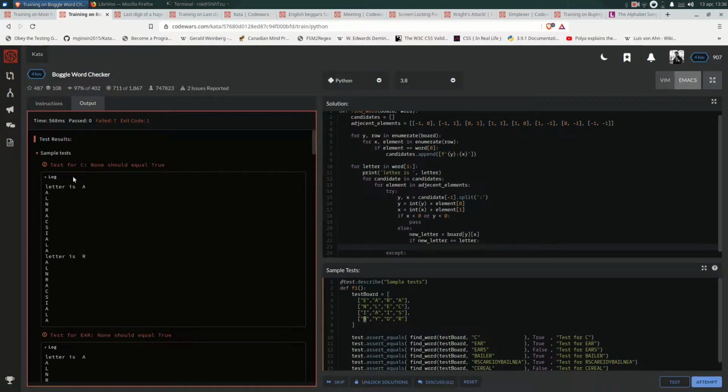So the letter is A, and it is matching with this one. So if new letter is the letter, then we first enumerate it here so you can call it candidate index, and here we say if the new letter is the letter, we just say